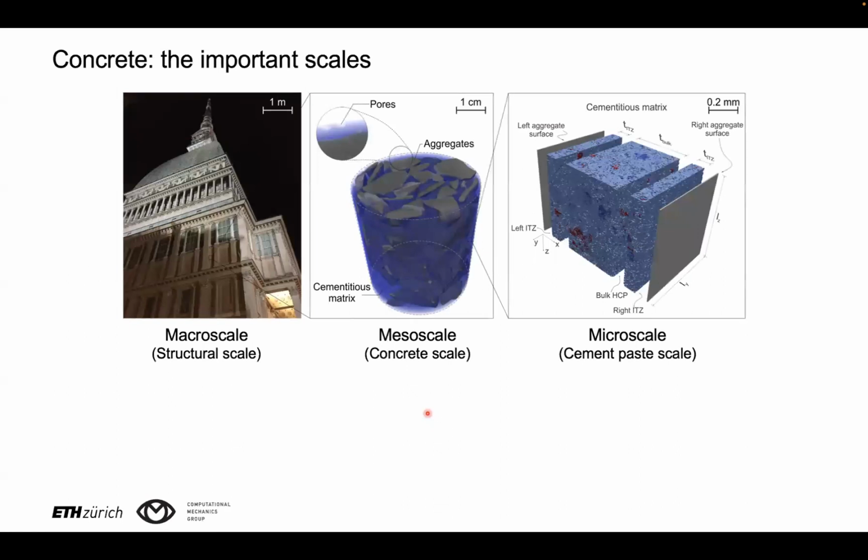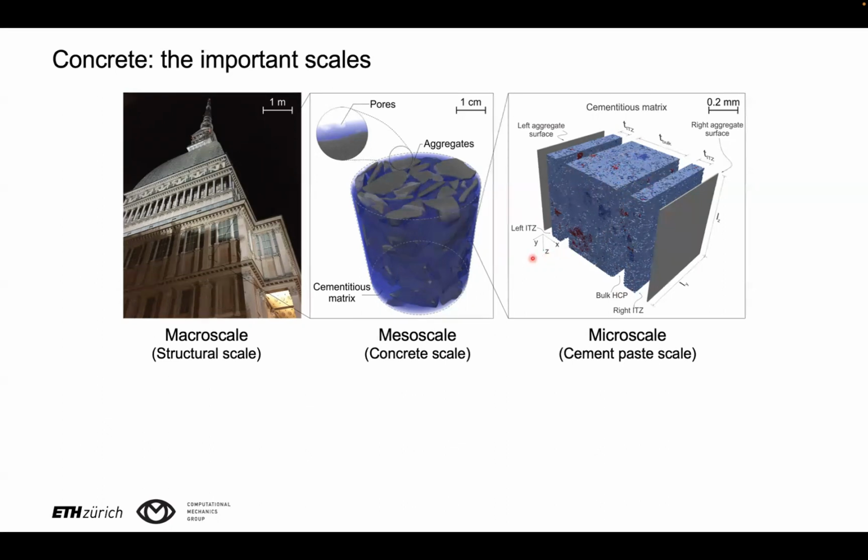Now, you all know better than me that concrete, one of the most important construction materials, is a multi-scale material. If we look at it macroscopically, it may seem homogeneous, but if we zoom in, we will see that, in fact, concrete is constituted by aggregates, pores, and the cement matrix. And some people would add the interfacial transition zone to this count of phases. And if you zoom in again and look at the cement matrix in more detail, you can also visualize, ideally, like in this sketch, the different constituents of the cement matrix.